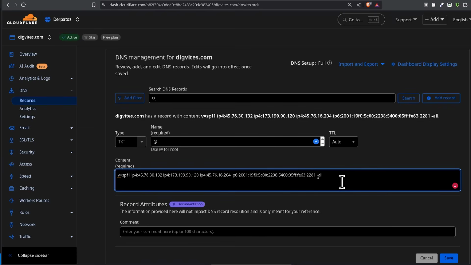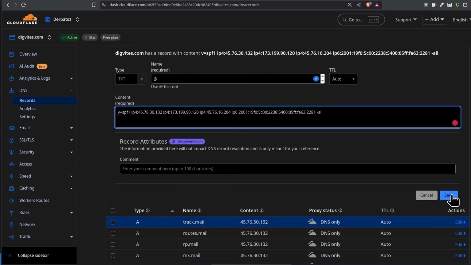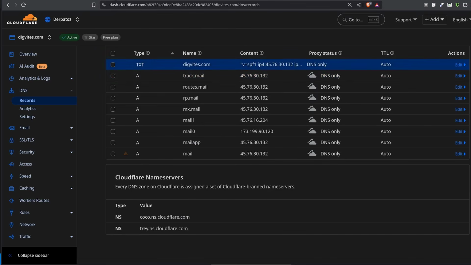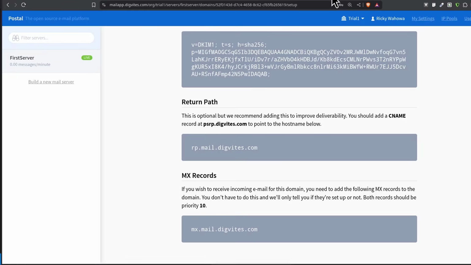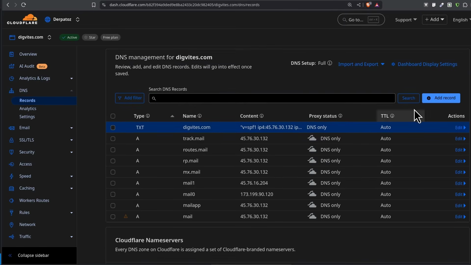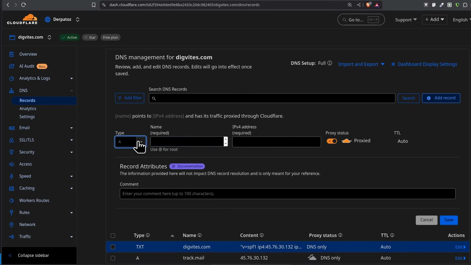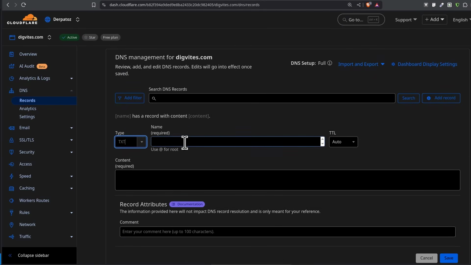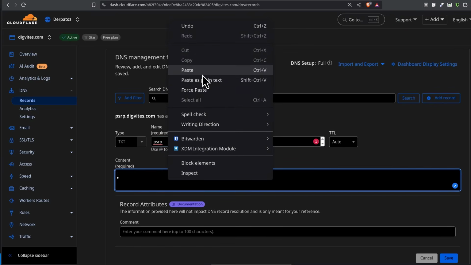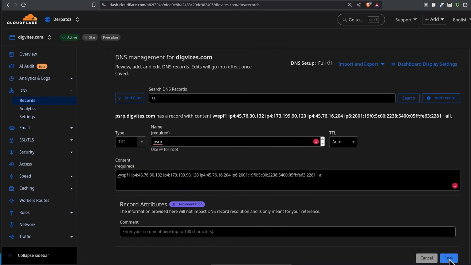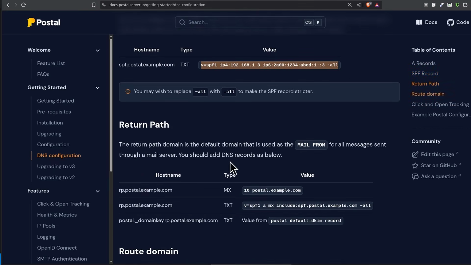So you use a dash there instead of the tilde. And then I'll save. And then I'll add the same for PSRP. I'll also have it use the same SPF record. So TXT, name psrp. Paste that, save. So for the SPF records, well and good.